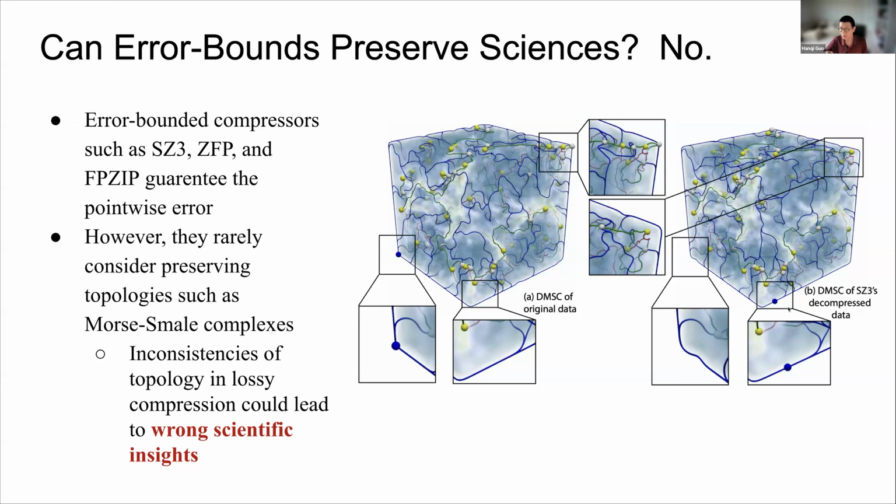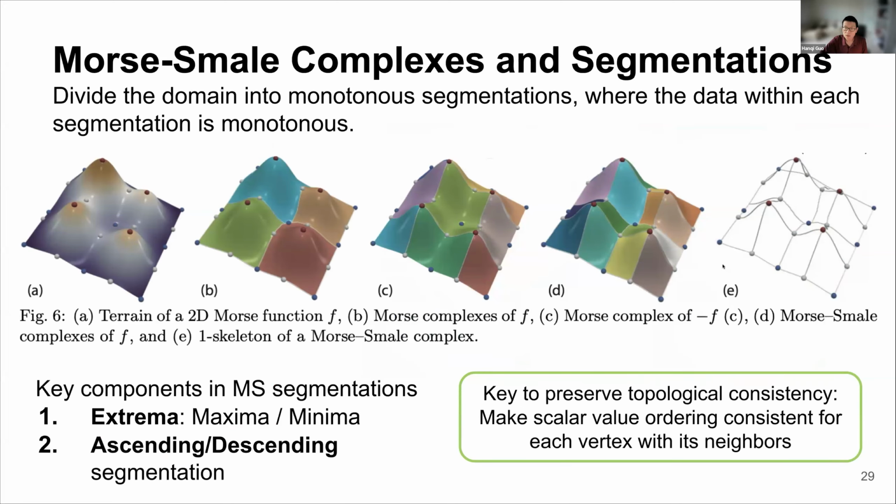we can see a lot of these insights are distorted by SZ3, which is a very popular lossy compression technique. Domain scientists rely on these feature descriptors to characterize filament structures and cosmic webs in their simulation data. Here we're looking into a specific topological descriptor called Morse-Smale complexes. I'm not going to go through the details and the formal mathematical definition, but the idea is that